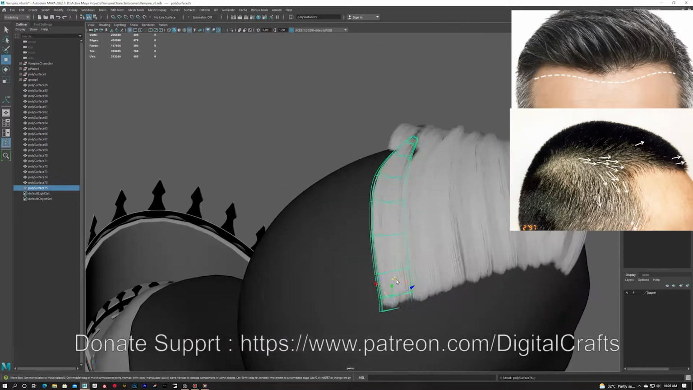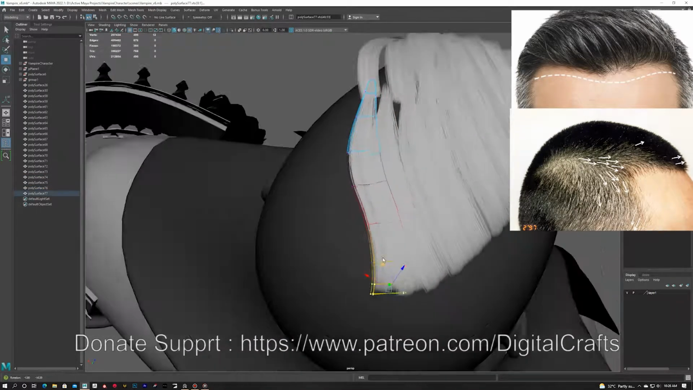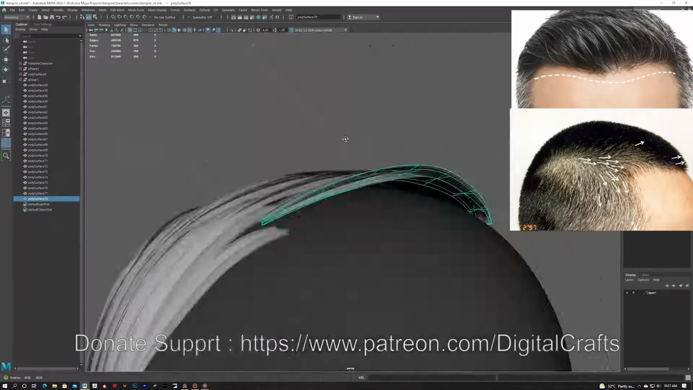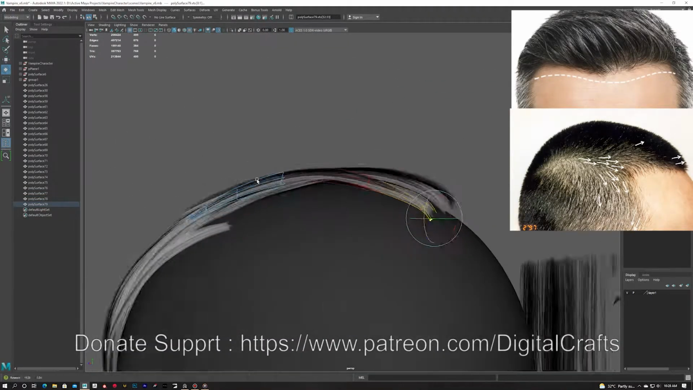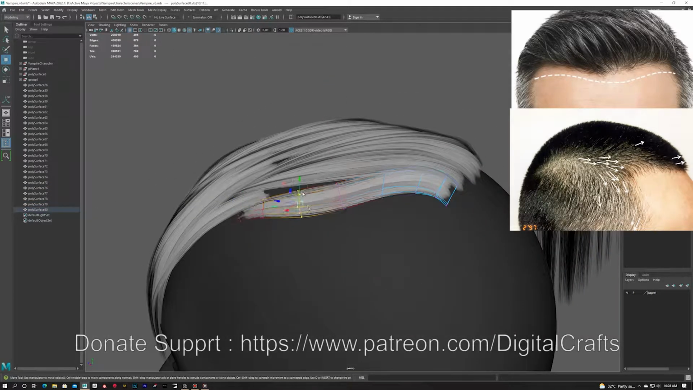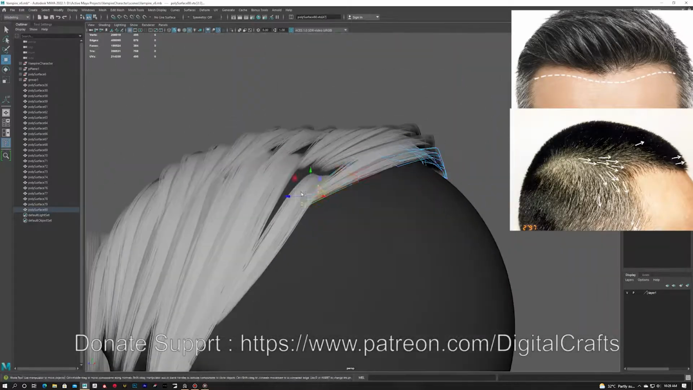For root angles, you can use the reference on Google. I just searched through Google and found these two references for the root angles, and you can use those references to make sure that the root angles are correct. So, one other thing